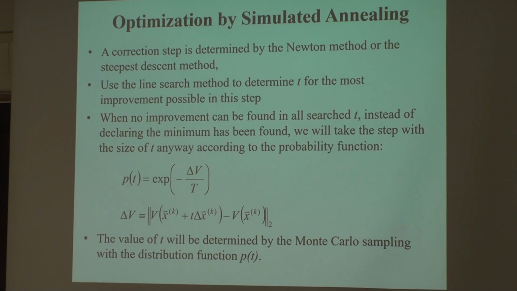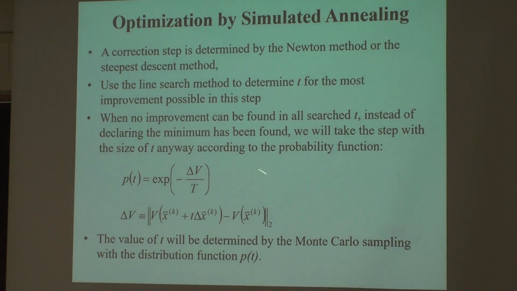You come in from the previous step, you do the steepest direction, you get a correction factor direction, and you are ready to do line search. When you do line search and there's no further improvement you can find, that's a minimum. When the correction is close to 0 and you perturb the search directions and cannot find any better improvement, that's a local minimum. You can record that local minimum,